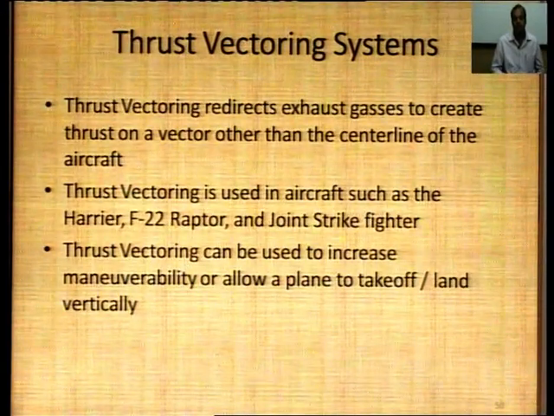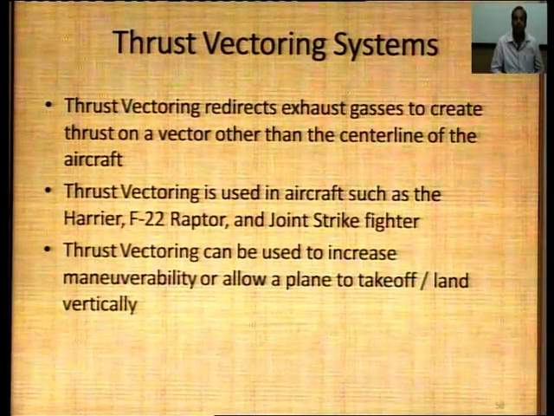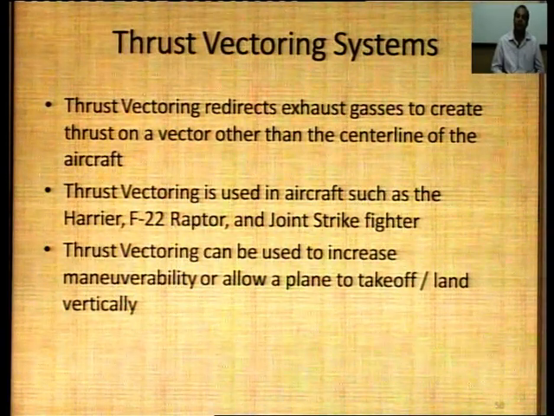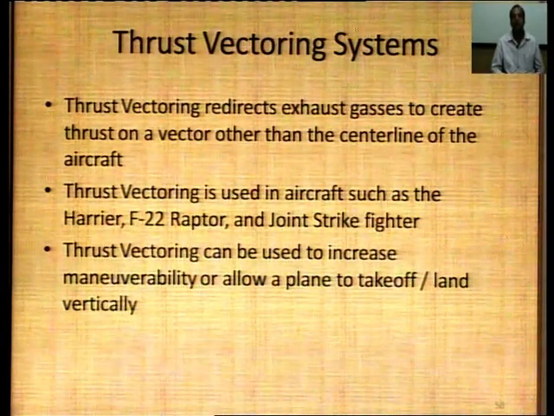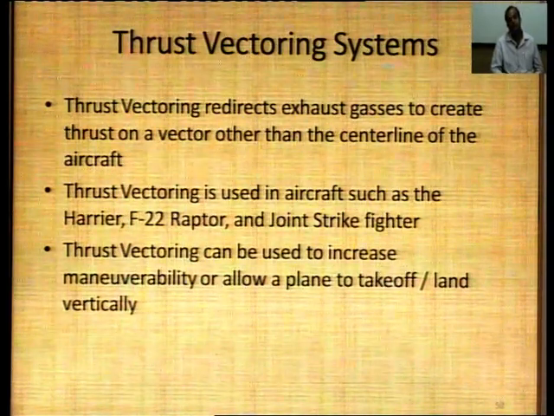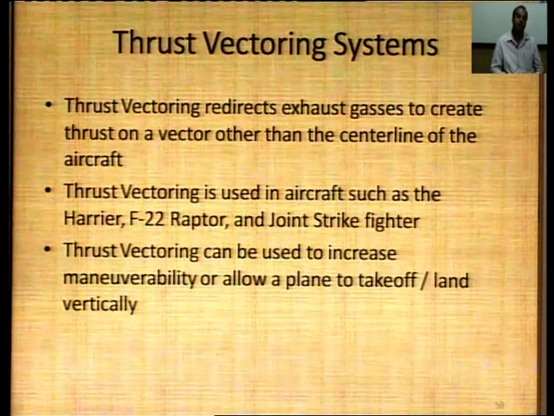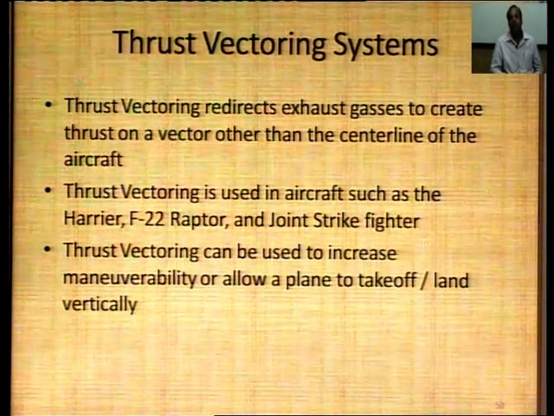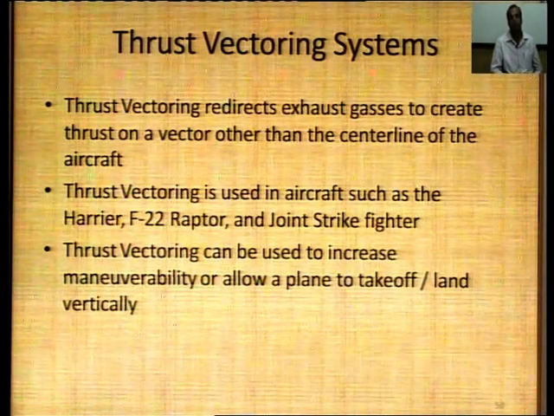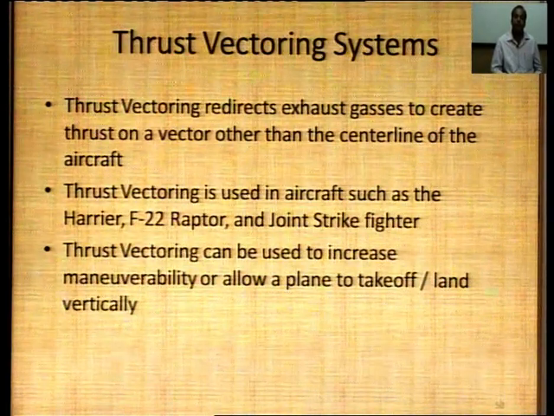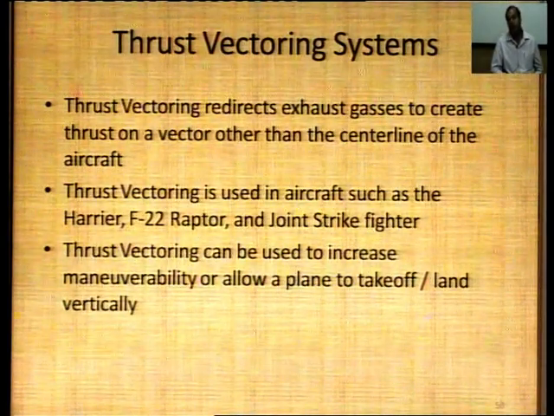Now let me discuss the thrust vectoring system. The thrust vectoring system redirects exhaust gases to create thrust on a vector other than the center line of the aircraft. Next, thrust vectoring is used in aircraft such as the Harrier, F-22 Raptor, and Joint Strike Fighters. The thrust vectoring system is also used to increase maneuverability or allow the plane to take off